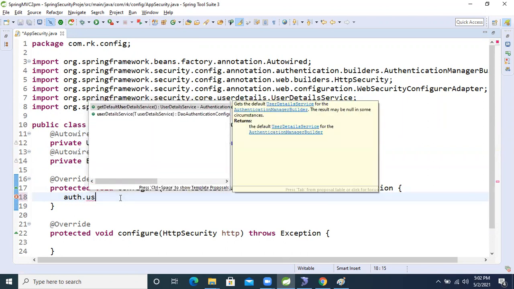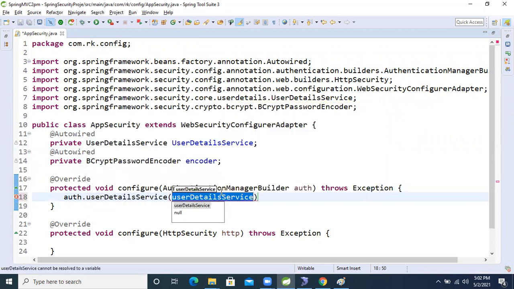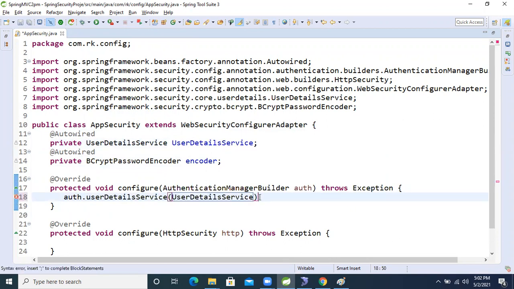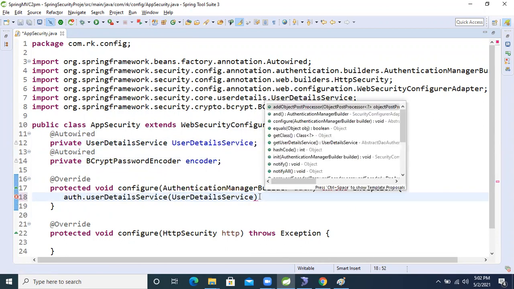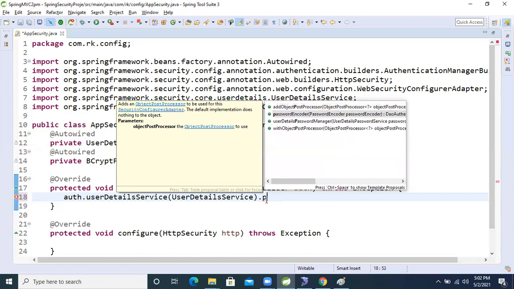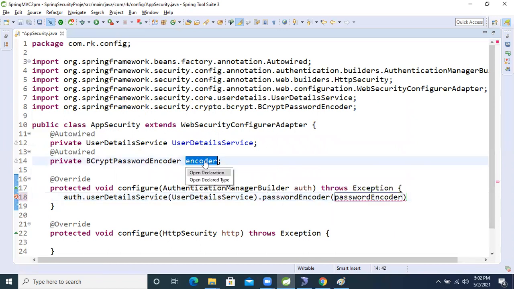Today we will take the user details service, and inside that we will pass this one as an argument. After that, we will encrypt the password, and our Spring framework will decrypt it. So for that, the passwordEncoder method is there, and inside that we will pass this one. That's it, guys. This one will take care of everything from the database.